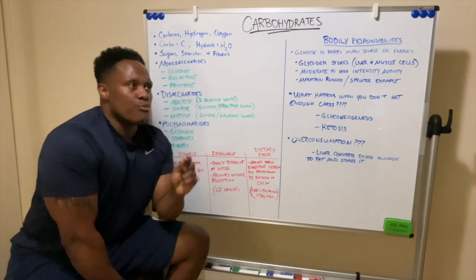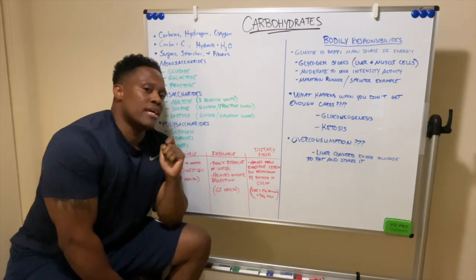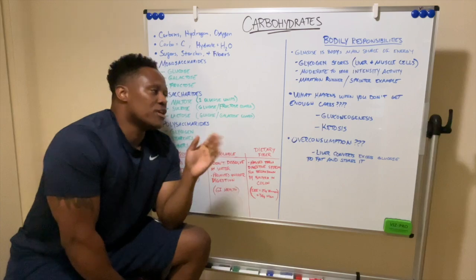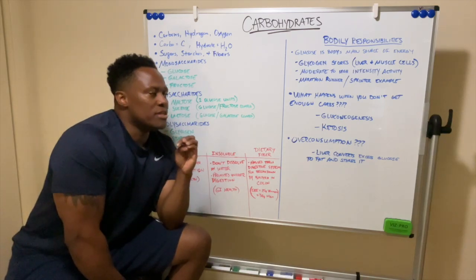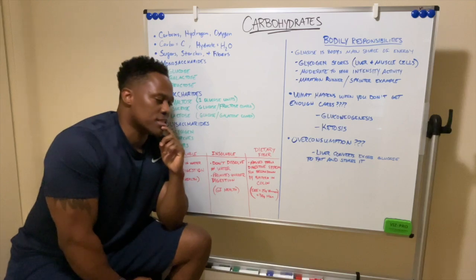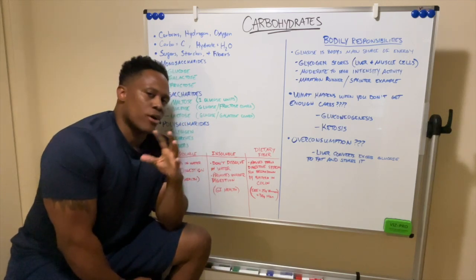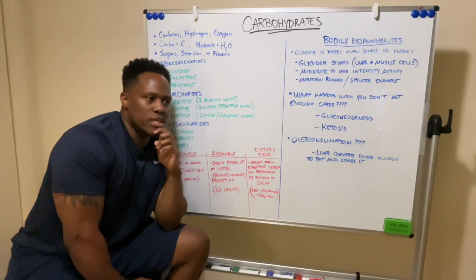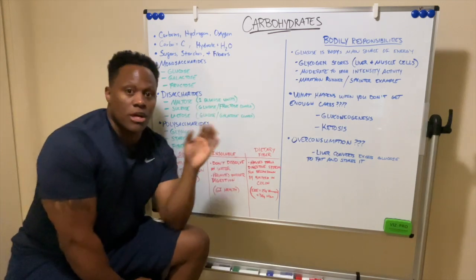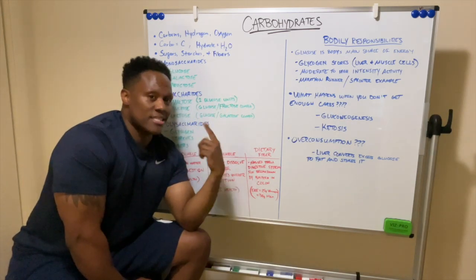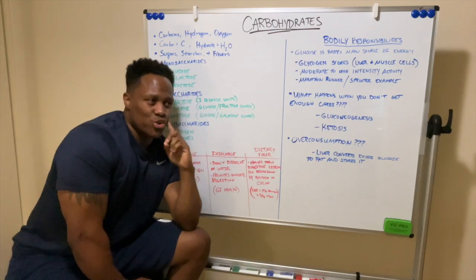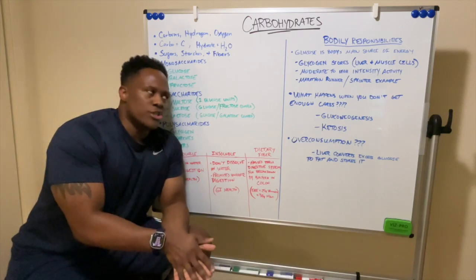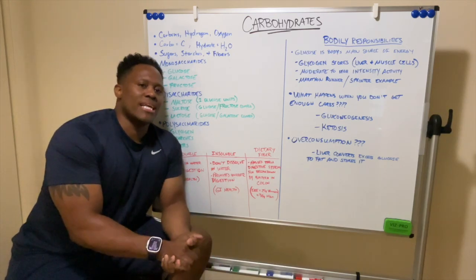So you want to make sure, researchers say that you get between 50 to 100 grams of carbohydrates a day if you're on the keto diet. Or even if you're not on the keto diet, you still want to make sure you get between 50 to 100 grams of carbohydrates. In the video that I'm going to make where I talk about kcalories, which is the energy measurement for how much of your energy, how much proteins, fats, and carbs should come from your caloric intake, it's all going to make sense now. Why it is that you want to make sure you are being mindful of the amount of carbs, fats, and proteins you're putting in your body as it relates to your goals.